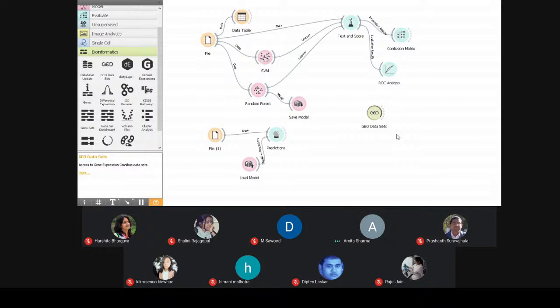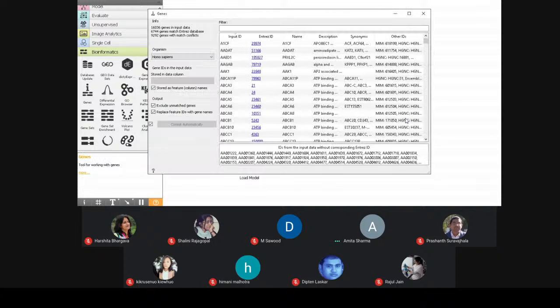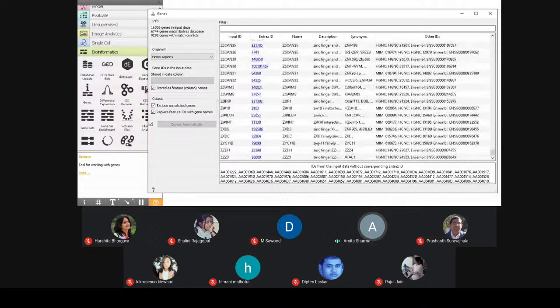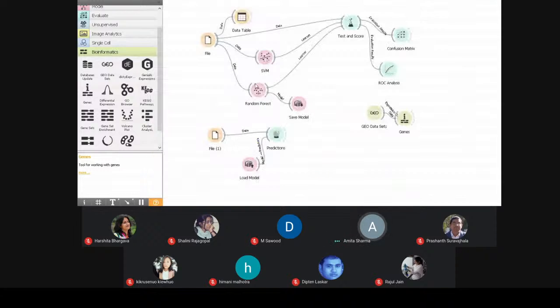I just want to know the information about this particular data set. At present it is uploading. I'll take genes, this is gene information, and connect both of them. Now here you can see what values this particular data set contains. This is the way you can utilize the data sets available in the bioinformatics widget, and you can use them for your further analysis.